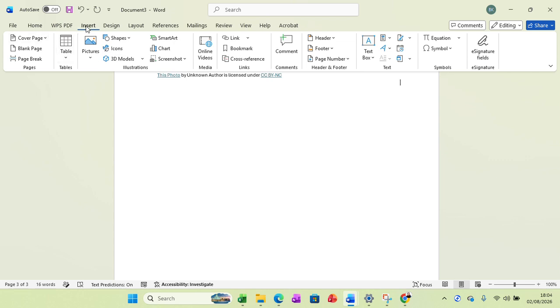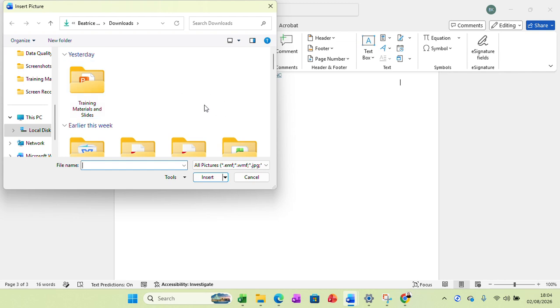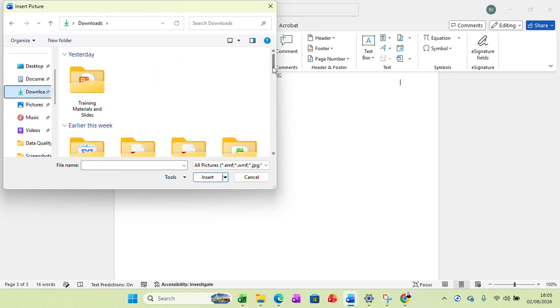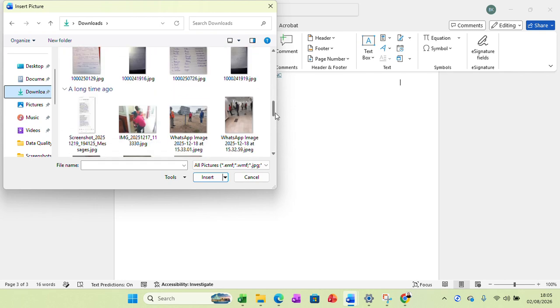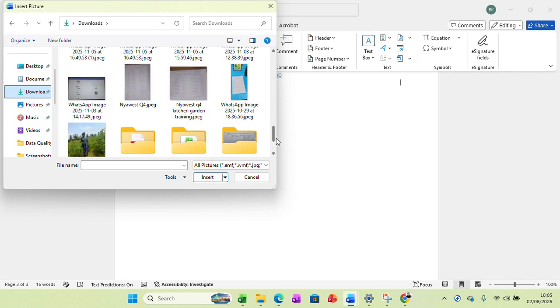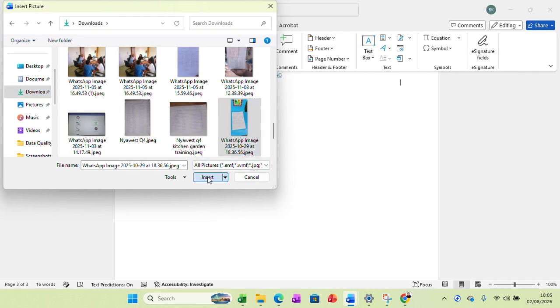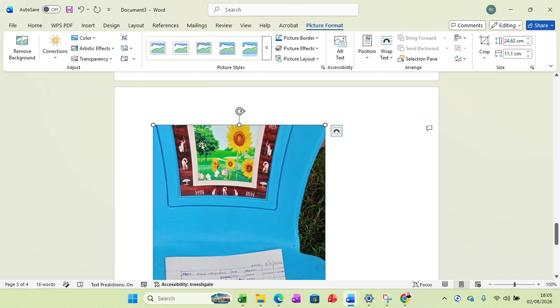So you go to insert pictures and then this device. And then you look for the location where you have stored the picture. So for me, I have them at the download. So I browse for the photo that I want to attach. So maybe this one, and then I click, then I insert, and then now your picture has been inserted, and